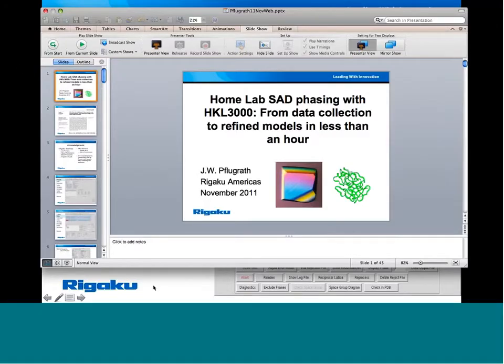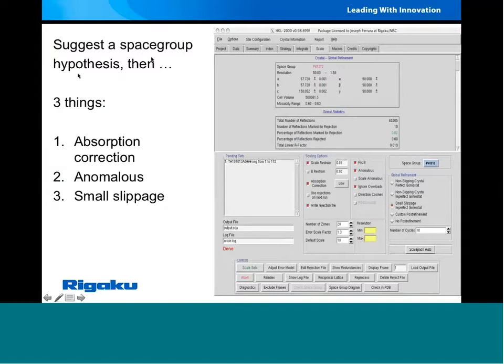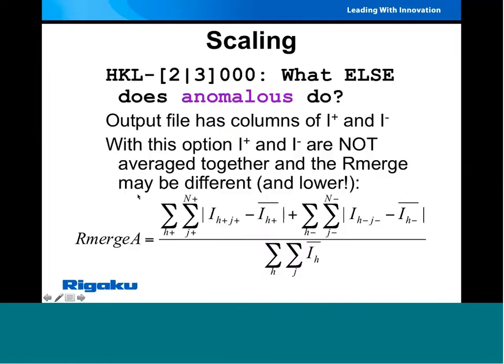And I think if I click here, it'll come forward. Right. So set the space group, turn on absorption correction, turn on anomalous signal. When you click on that anomalous button, a couple of things happen. The output SCA file gets columns of I plus and I minus. If you don't have that option on, I plus and I minus reflections are merged or averaged together, and you will not be able to do the subsequent SAD phasing steps because the data will have obliterated the anomalous